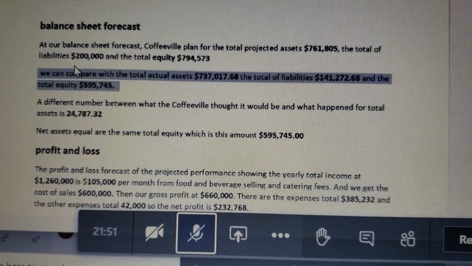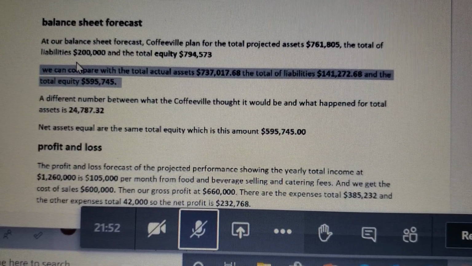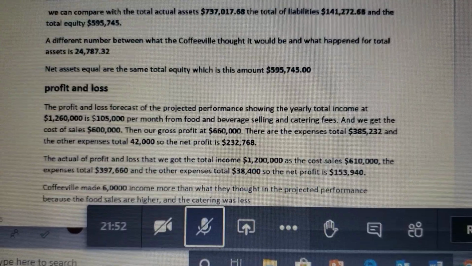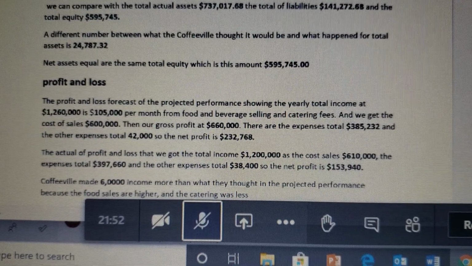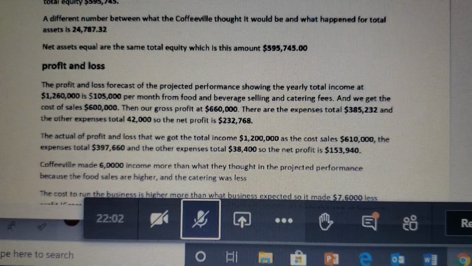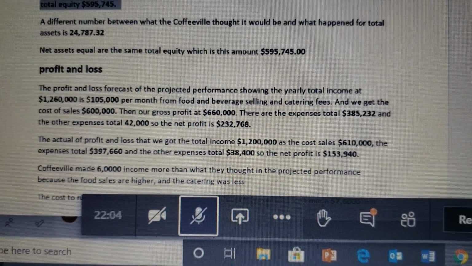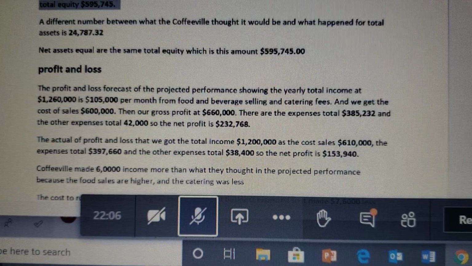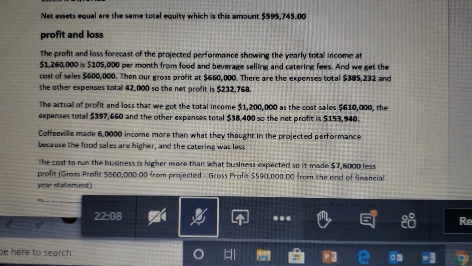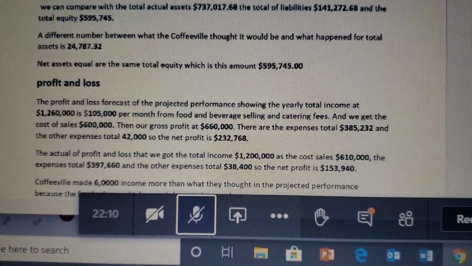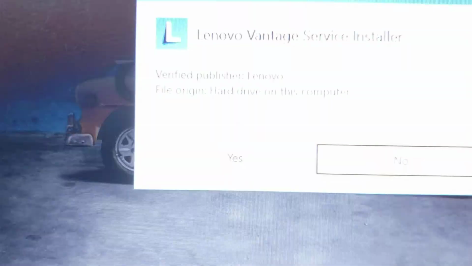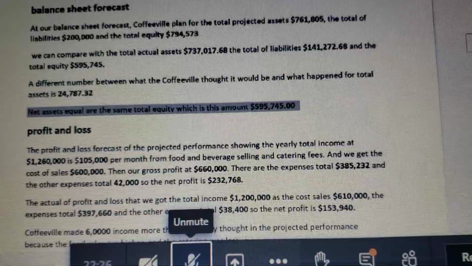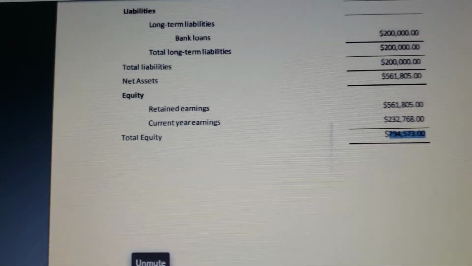So for example, in your balance sheet, Coffeeville planned for... just going to compare those very quickly, and the total equity, the difference is, so here in the balance sheet, even if you add the formula, so this is the formula that they're using, it ended up being, when you look at their balance sheet,